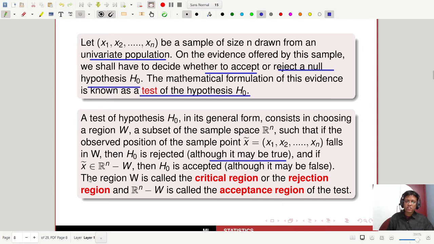And if it belongs to Rn minus W, that is, not in W, then H naught is accepted, although it may be false. It may be false, but you have to accept